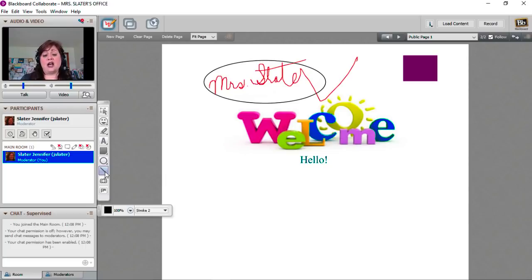I can change the color if I would like to, like I have in the past. I'll just leave it black, keeping it simple. I need to separate the top of the board from the bottom of the board. So I'm going to draw a line across there to make that separation. So I bring my cursor over to the whiteboard. I click where I would like my line to start, and I drag my mouse